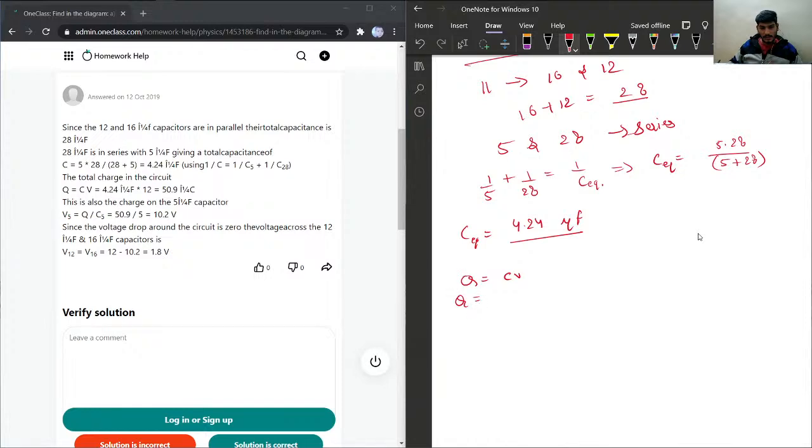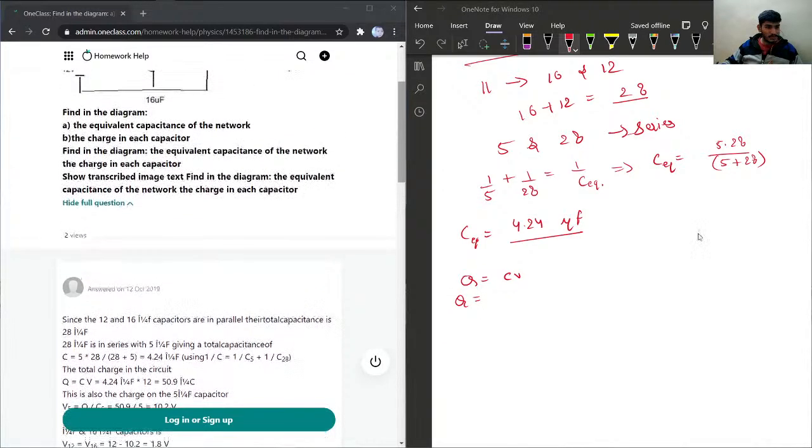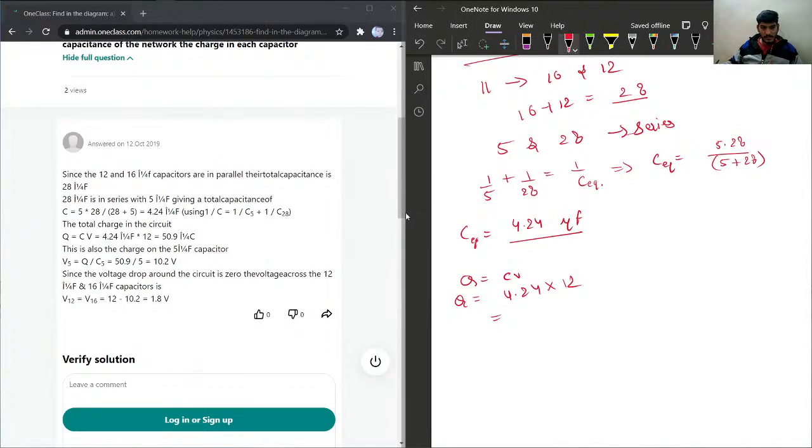So the total capacitance, we have done the A part, equivalent capacitance, and Q will become 50.9 microcoulombs, because this was in microfarad, so this will be in microcoulomb. And then we have